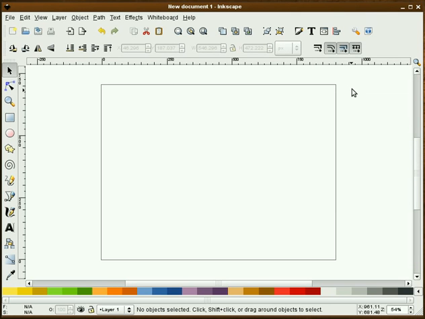In this screencast, I will demonstrate how to illustrate a very simple RSS icon in Inkscape version 0.45. The idea for this tutorial came from a post on the unofficial Inkscape forum website at